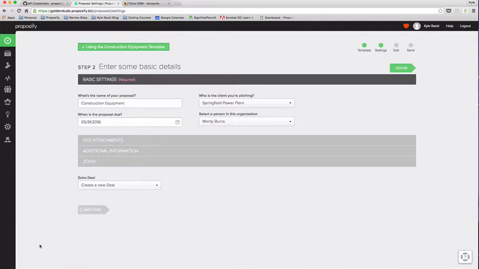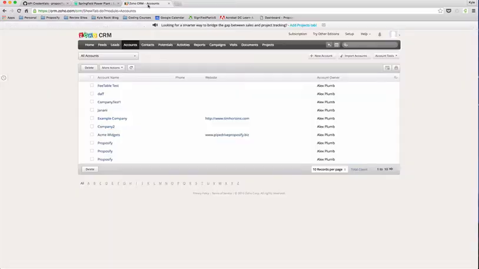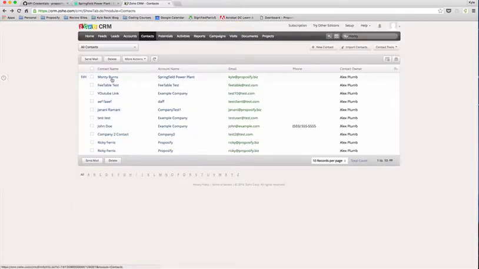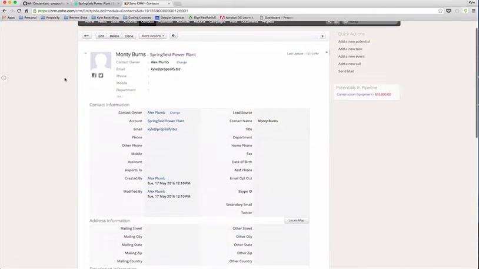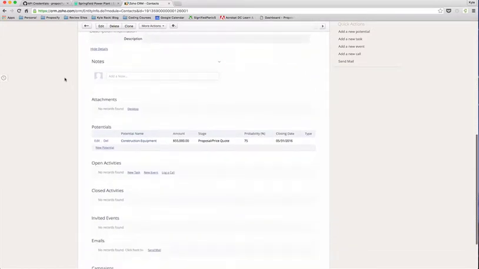So now we'll generate our proposal. And now if I go into Zoho, I should see, okay. So now you can see Monty, Burns, and Springfield Power Plant have been added into Zoho. And if I look at that, I can also see that there has been a deal created